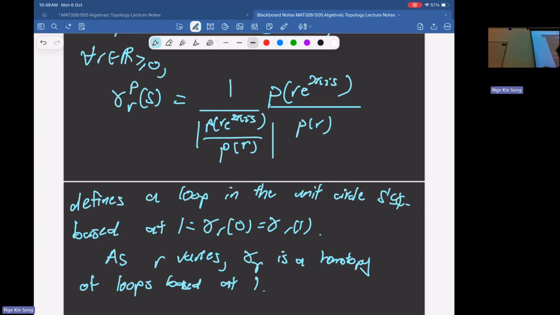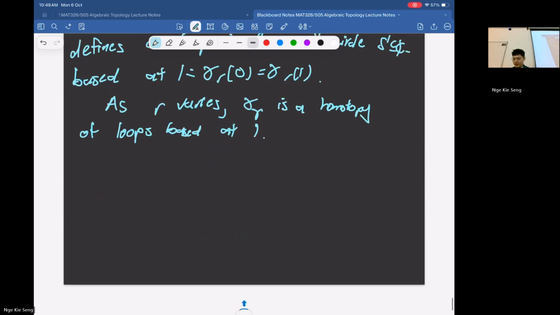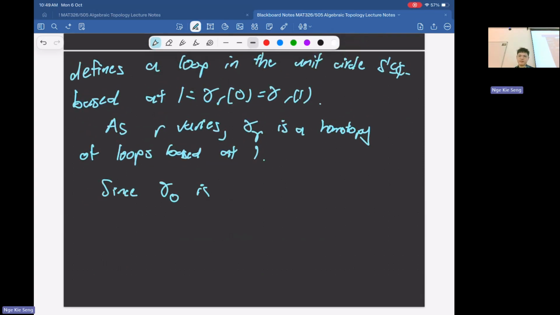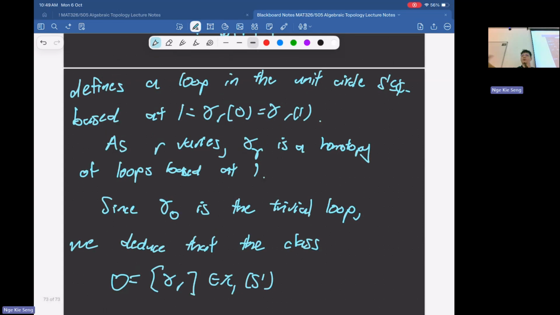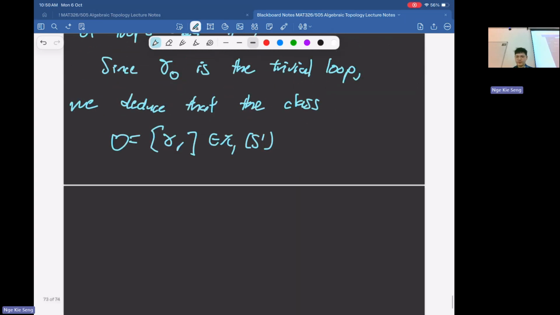Gamma one is something else, a loop made using P. So since gamma zero is the trivial loop, actually we can deduce that this class here, the gamma R we deduce here, actually is 0. 就是说这个 R 变的话，它是个 homotopy，整个 family 是变的。